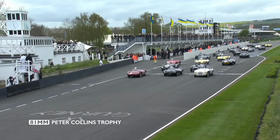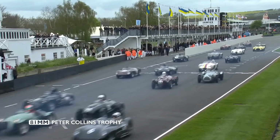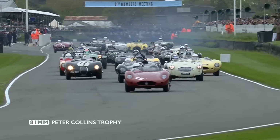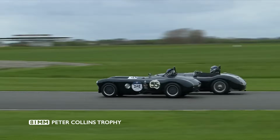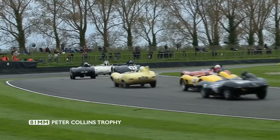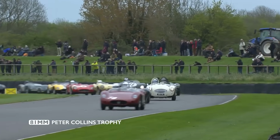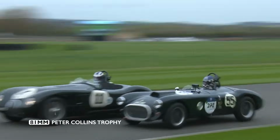The flag flies and it's a bit of a stuttered start for our pole sitter in the Maserati. I think Jack Rawls in the Austin Healey might have got the best start from the front row, but after the stuttering start, the Maserati 250S comes into its own and Richard Wilson holds the lead in front of, I think, the Jag D-Type holding on into second. Yes, John Pearson, well, he's trying to hold on, but I think he might have been pinned by Jack Rawls